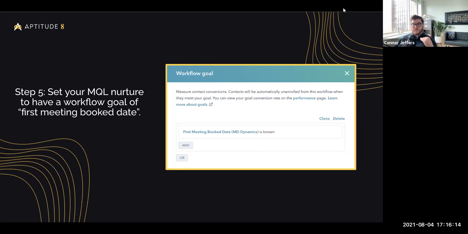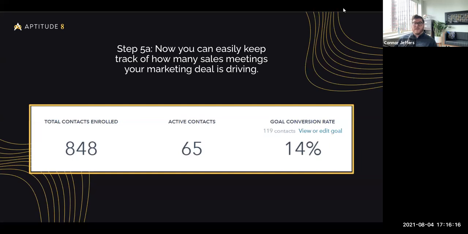So if we jump to our next slide here, you're going to be able to keep track using the standard workflow performance tab inside of HubSpot. How effective is this workflow at getting people to book those meetings, even though those meetings aren't happening inside of HubSpot at all? And we can pull back and see we've successfully booked meetings with 119 people. That's a 14% conversion rate. And just by having that one field inside of Dynamics syncing back to HubSpot, we can power all of this